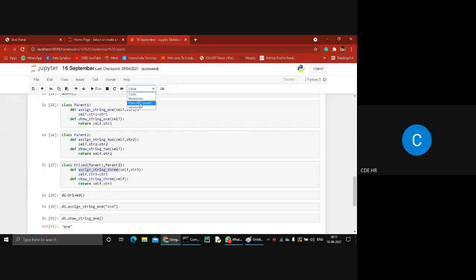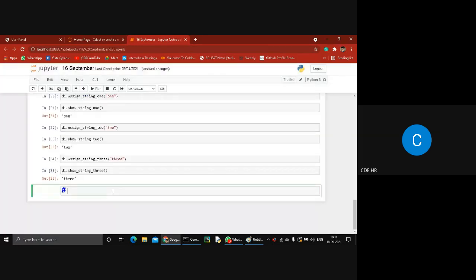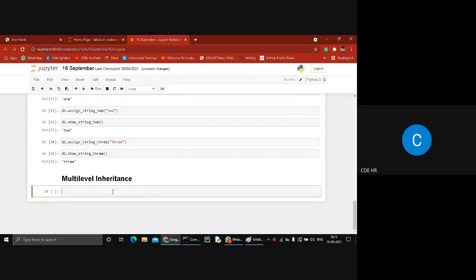So next is multi-level inheritance. The definition is: in multi-level inheritance, we have parent, child, and grandchild relationship.